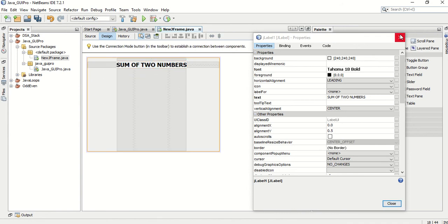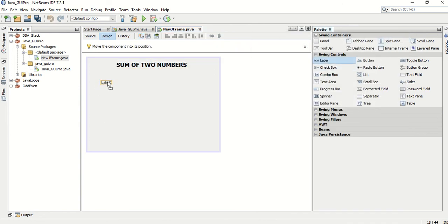Thereafter I'm going to add two more labels, just Control C and Control V, copy paste. First number, second number, total.